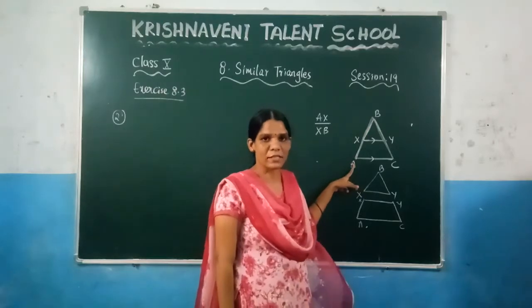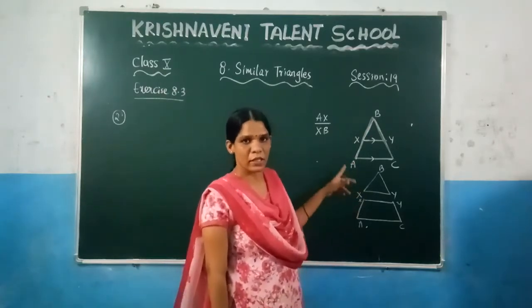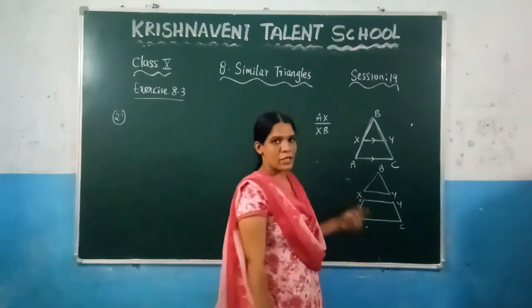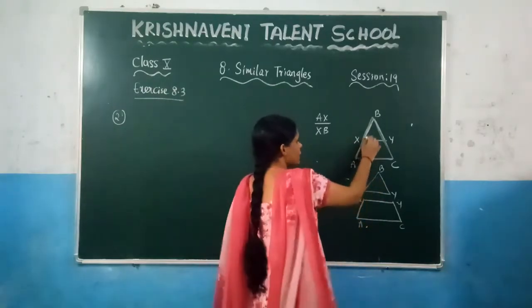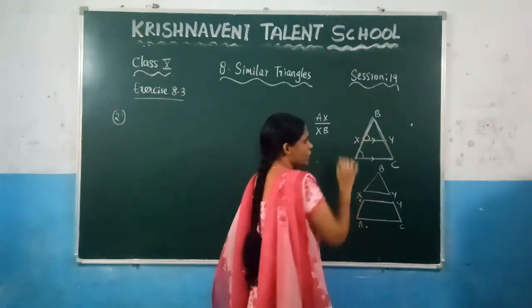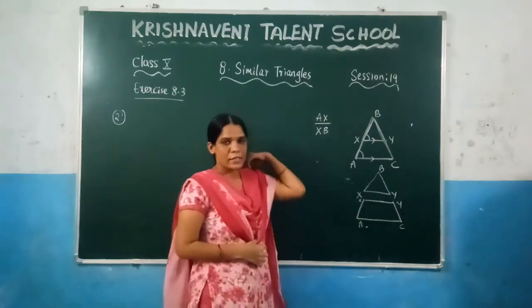We call this line the transversal. And you know that in a transversal, the corresponding angles are equal. So you can say here, this angle is equal to this angle, right? Similarly here,